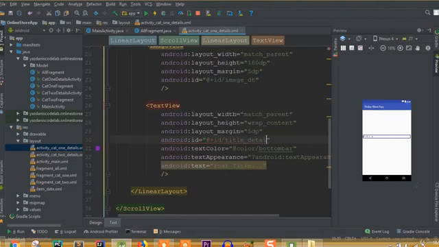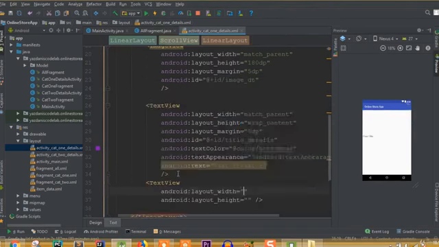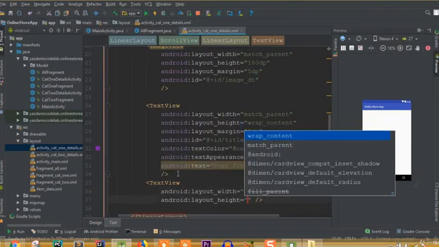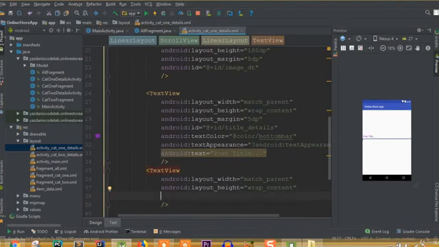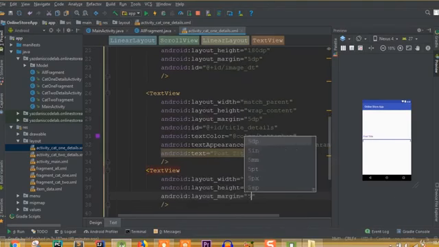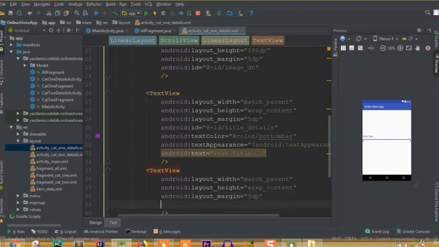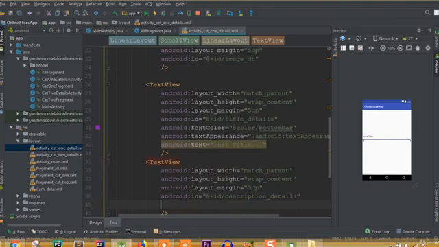So we can call it title dt, title details, and we need one more text view. The text view, width match parent and height wrap content, and layout margin 5 dp, and ID is going to be description. ID is going to be description details,